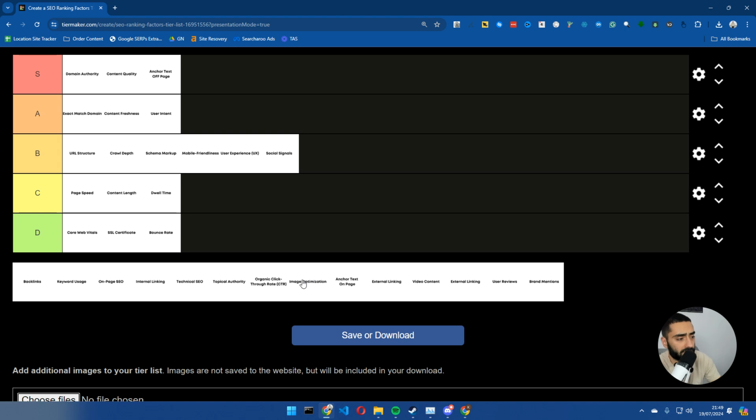The next thing we have got is image optimization, and I've kind of put this as a whole. I think that image optimization is pretty important. If you're not using stock images, that's a positive, so try to use unique images if you can. If you are tagging up your images for them to rank, so for example, if they are optimized at the correct size, if they have got alt text, if you aren't using stock images, if you are saving them at the correct size, all of that stuff can definitely help.